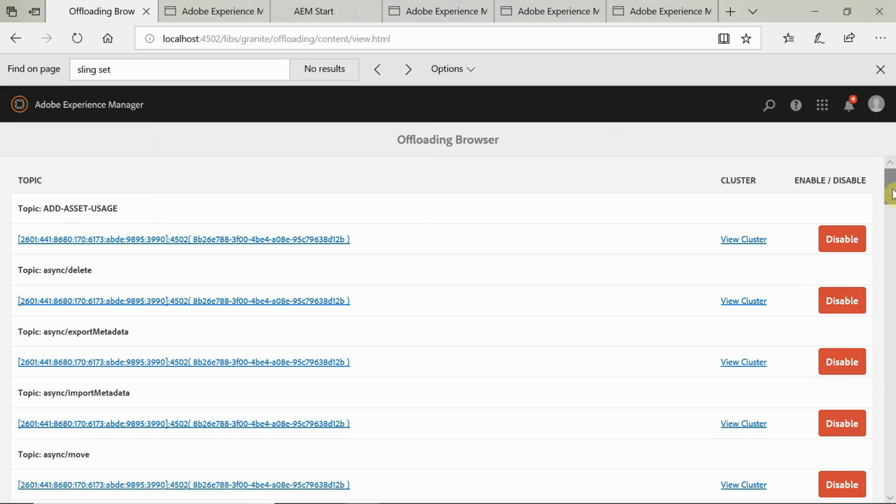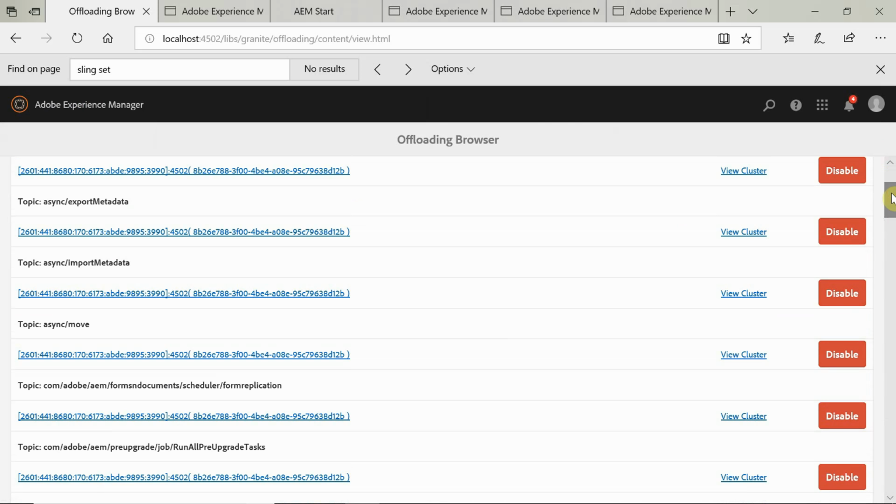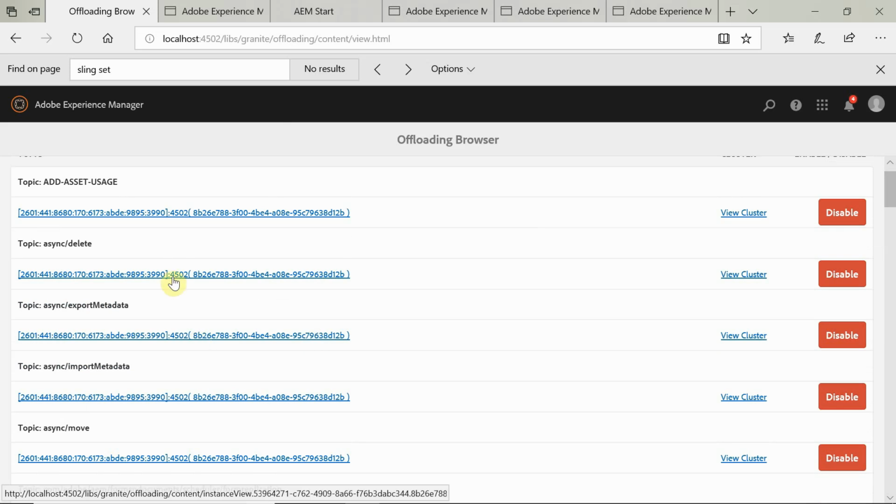You can distribute the jobs within the members, but right now this is only a local member. So all the jobs are enabled within the local member. We do not have any other members added to the topology. Once we add more members to the topology, you can disable and enable the jobs within the worker or the master. So which system is going to execute that particular job.